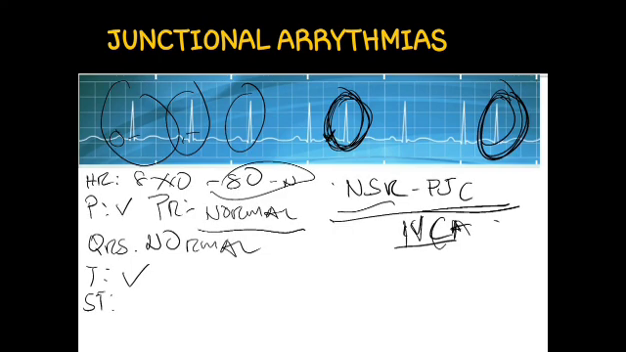Okay, so if there is a problem here, then automatically this could be the result. Then one of the resulting factors for this is a problem with automaticity. Okay, so this is what we call junctional escape. Okay, so meaning your normal sinus, your SA node fires impulses, but then due to automaticity or extreme